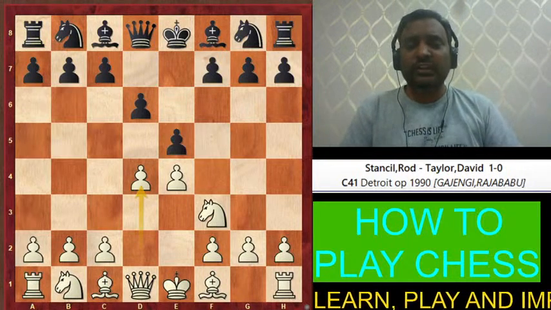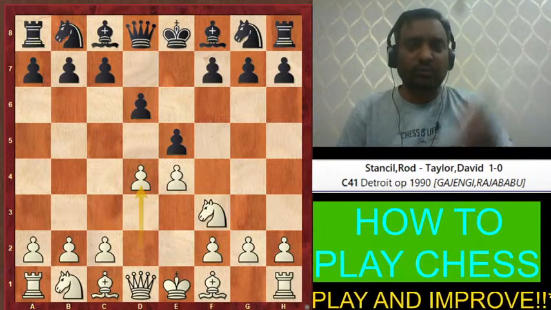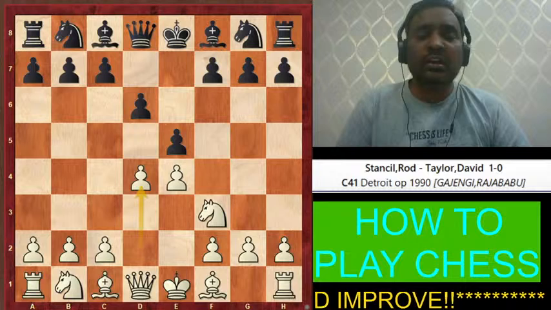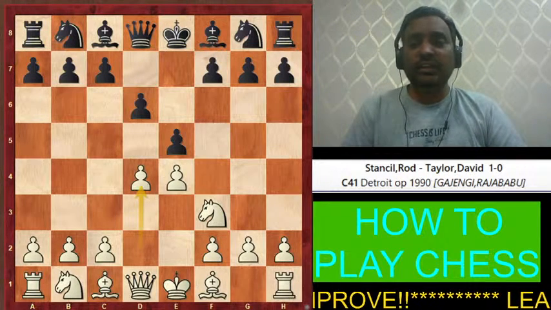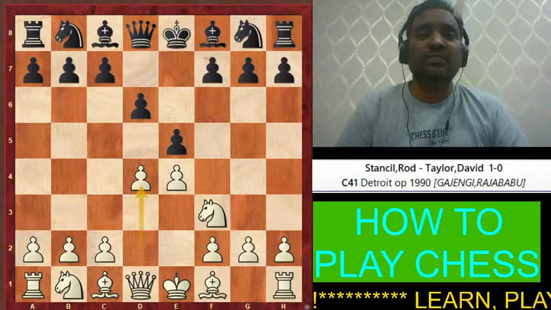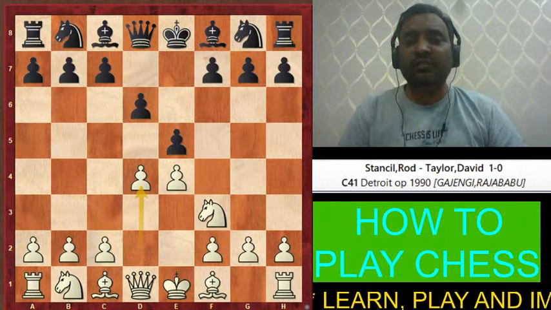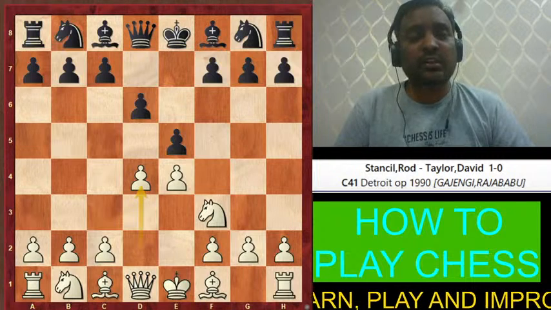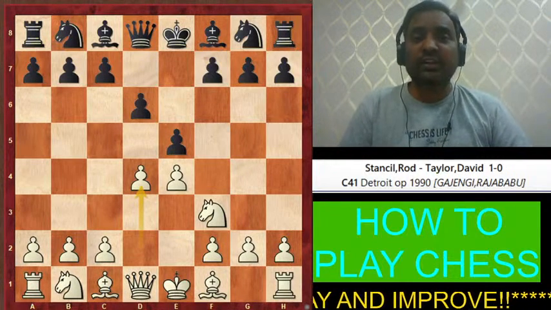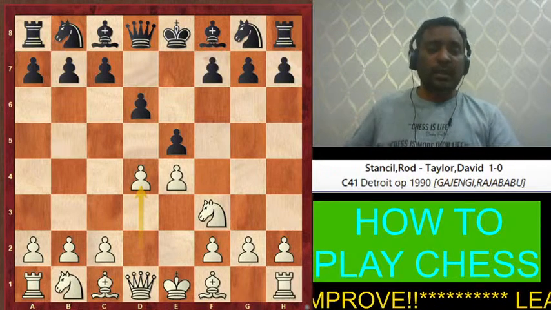What is the number? Any number you can tell me, because I was going through this position. You will not believe, I found 21 replies from the black side. Black has 21 various ways to continue here. Can you believe 21 ways to play from here? Black can play anything.